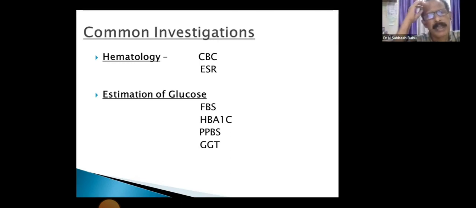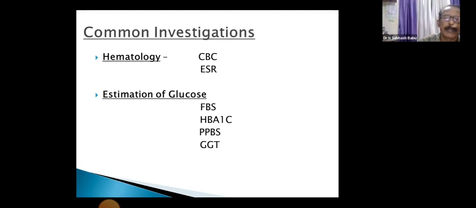And the common investigations in hematology are CBC and ESR, and estimation of glucose is very important. That is FBS, HbA1c, PPBS, and GTT. See, the estimation of glucose means FBS, fasting blood glucose level, 12 hours fasting, and the values that should be